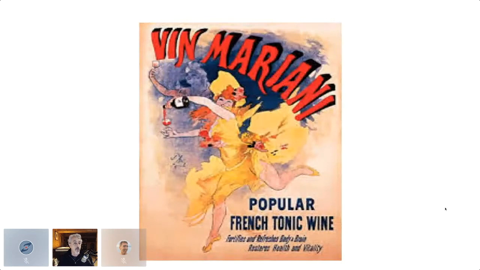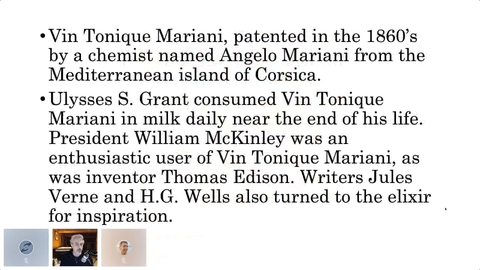Among the various coca wines, certainly the most popular of them all was called Vin Mariani. And this was a very popular tonic wine. It was purportedly good as a sort of a general tonic to boost vitality, good for the brain, good for digestion. And it had its many, many adherents. It was patented in the 1860s by a chemist, and some famous people, including Ulysses Grant, consumed